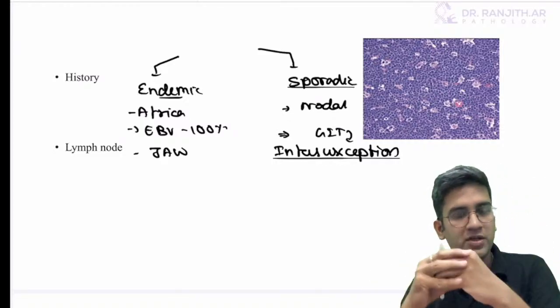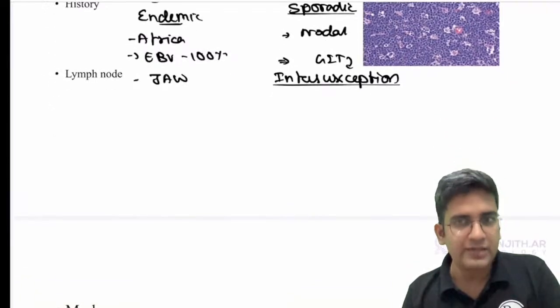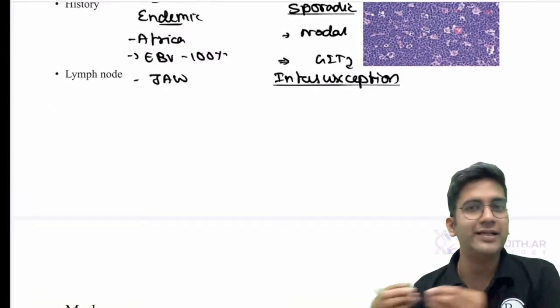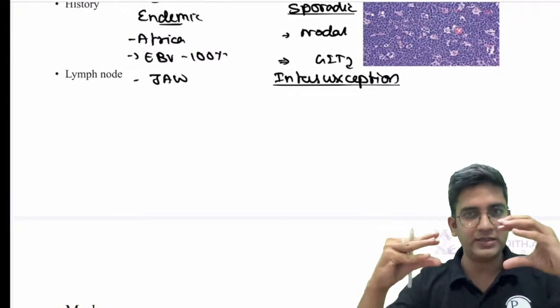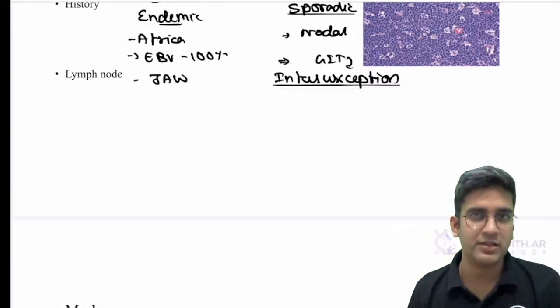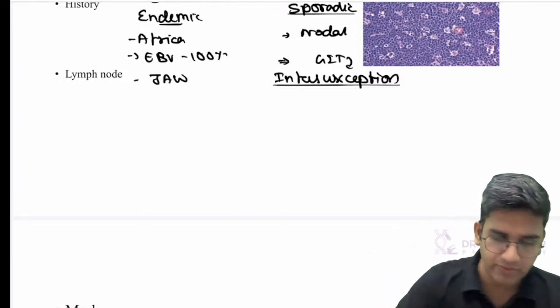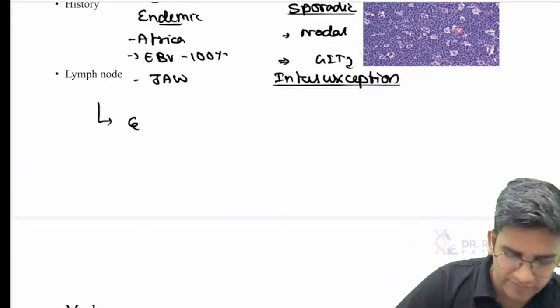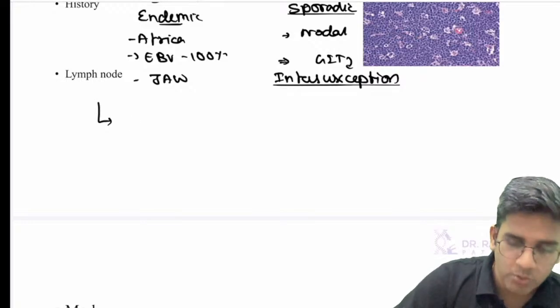Intussusception is a telescoping of the intestine. You'll read more about that when you come to your surgery. It's an intestinal problem where the intestine is normally like this. It telescopes, rolling over itself. That's intussusception. Fine. Lymph node, again, when I have the classical finding, here I don't want you to write effaced